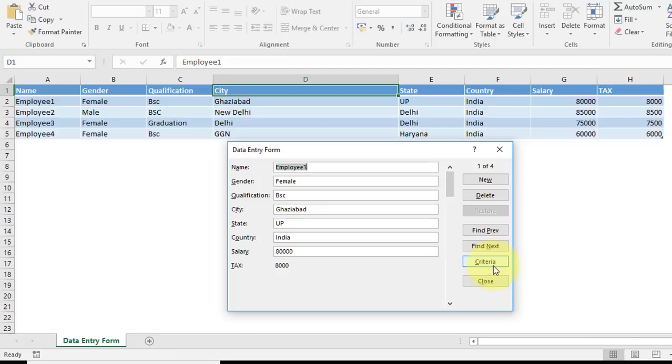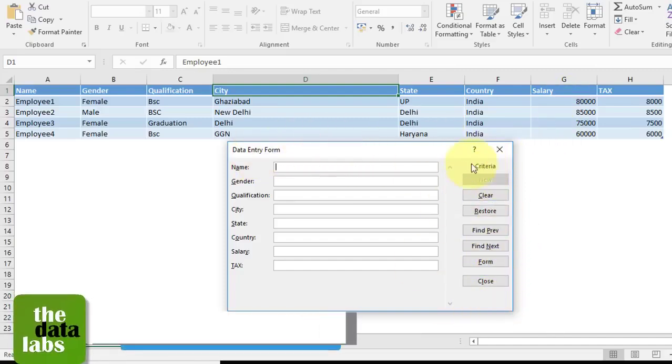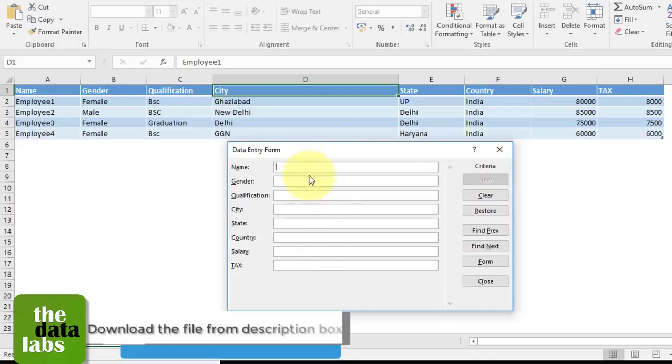Suppose you have 1,000 or 10,000 records, right? And you want to search for a specific record, or some of the records, based on some criteria. Then you just need to click on Criteria. Once you click on Criteria, this is the criteria window, right? You just need to put in some information. Basically this is only for search, right? It will not